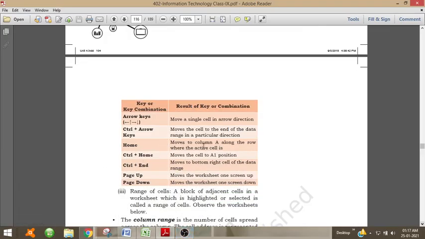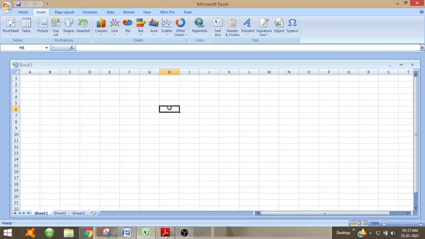Then the home key will move to column A along with the row where the active cell is. So if it is here, then it will move to column A. Likewise, if we press the end key, it will move to the end.